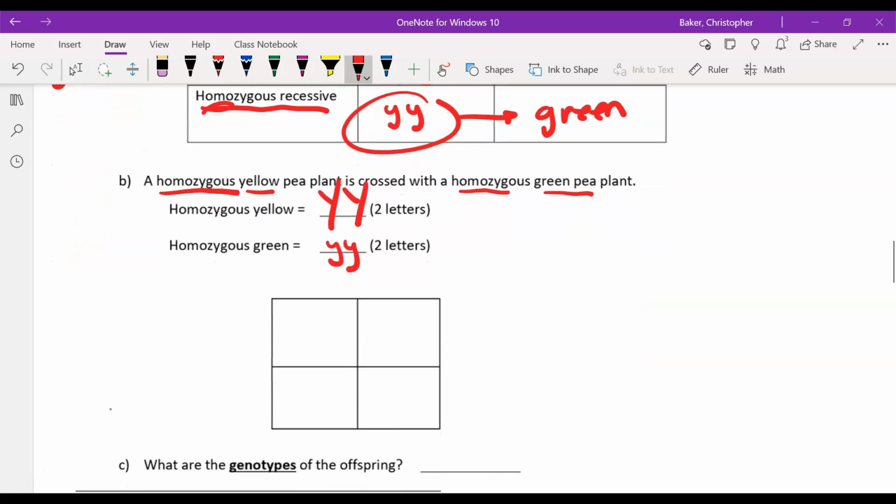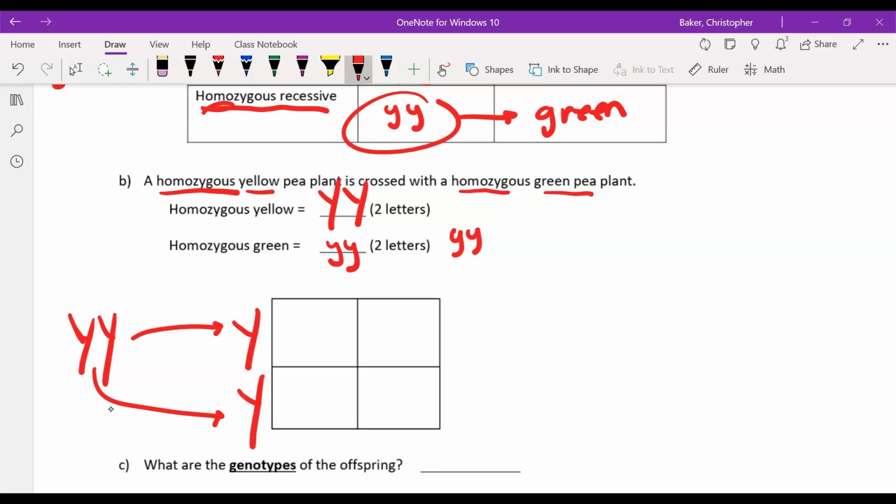So just as we did up top, we can do big Y on this side, and little y on the top. Let's do that. One of the big Y's goes here, one of the big Y's goes there. One of the little y's goes there, one of the little y's goes there. Let's cross them. So if these two plants, a yellow and a green plant, cross and have 4 little plant babies,